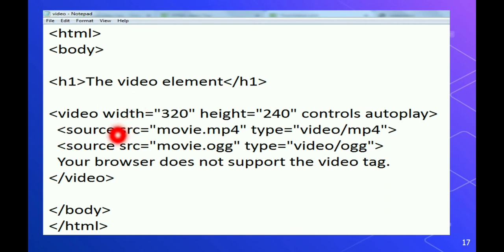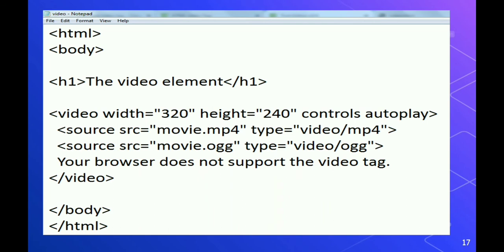Here I have given src equal to movie.mp4, and type video/mp4. In the fallback I have written "your browser does not support the video tag" and closed the video tag. If your browser does not support the video tag, it will show this message instead of the video. But if your browser supports video, it will play that video in your browser.